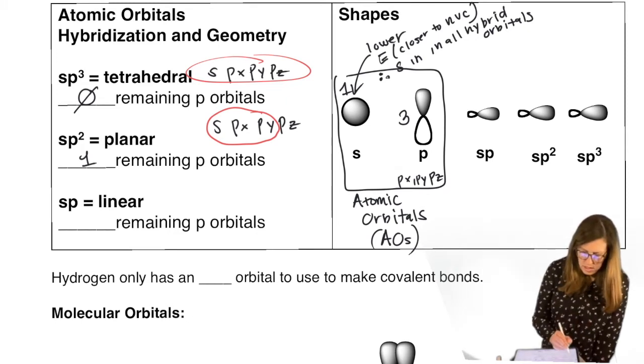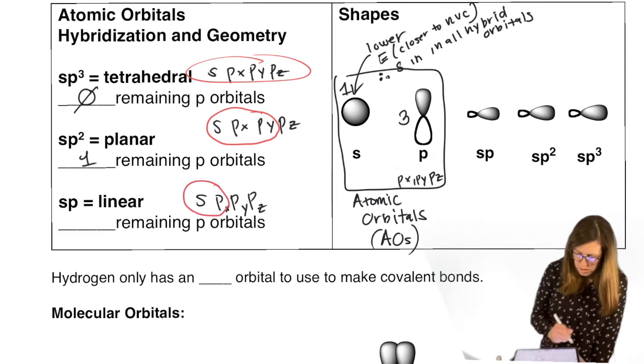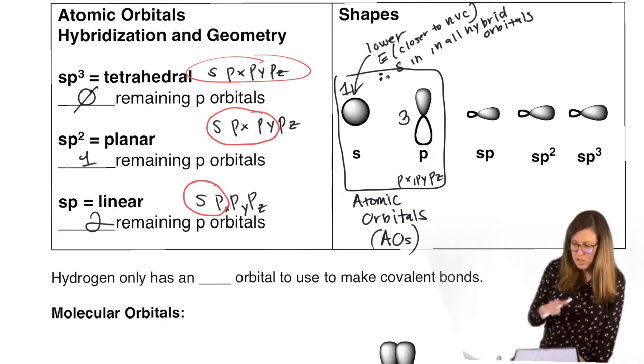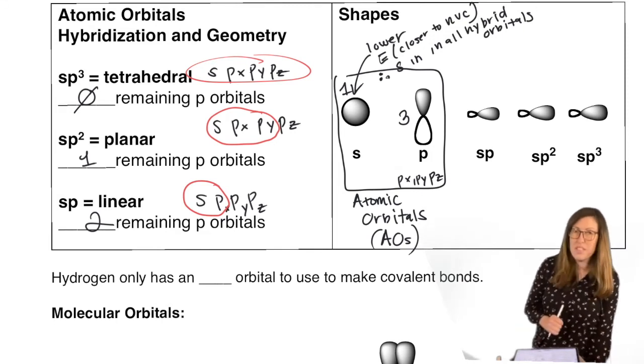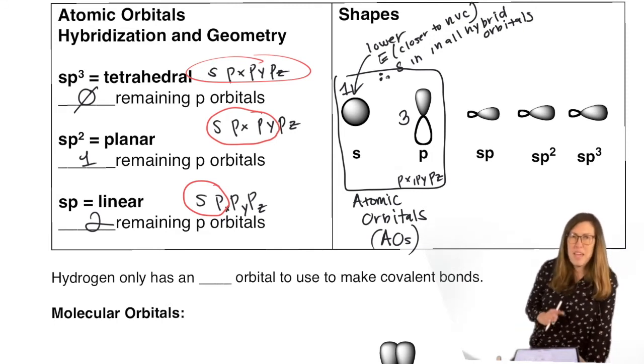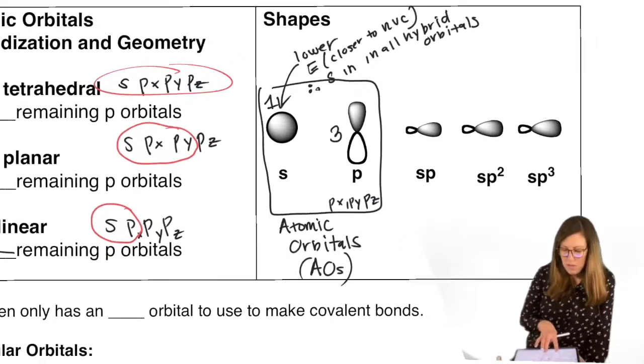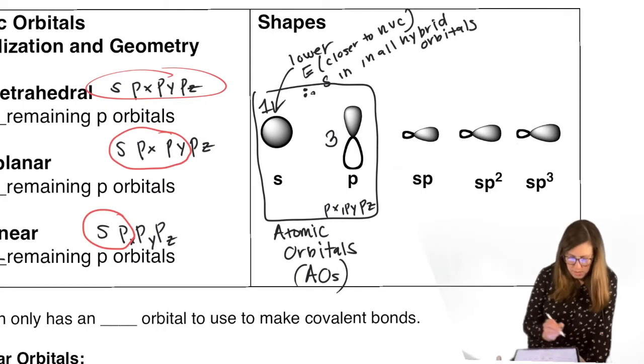Finally, if only one p orbital was taken out of the mix, so out of our assortment of possible p orbitals to use, that means we have 2 p orbitals left over. So it can actually make 2 pi bonds now. So we're going to go through each of those and show examples of that. This is just an overview, recapping what you may have seen before, but if you haven't or you don't remember, don't worry, because we're going through this much more slowly on the next 2 pages.